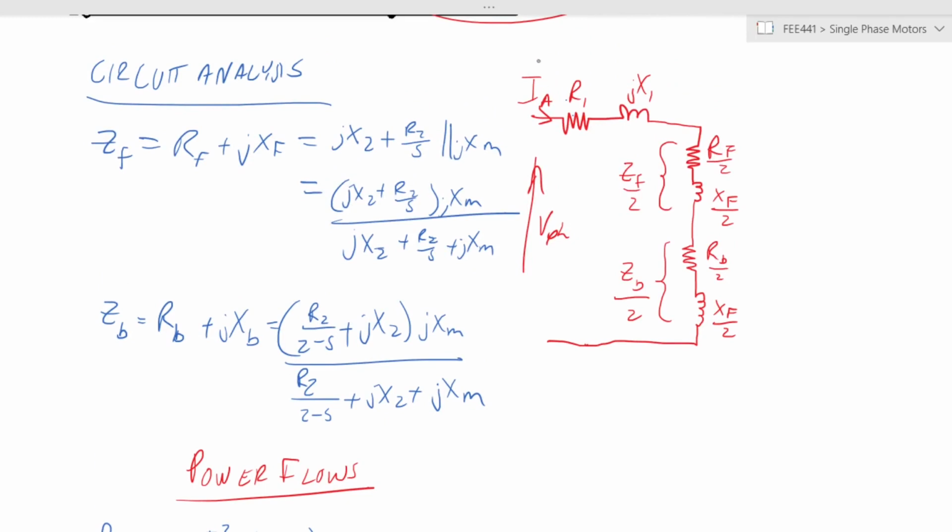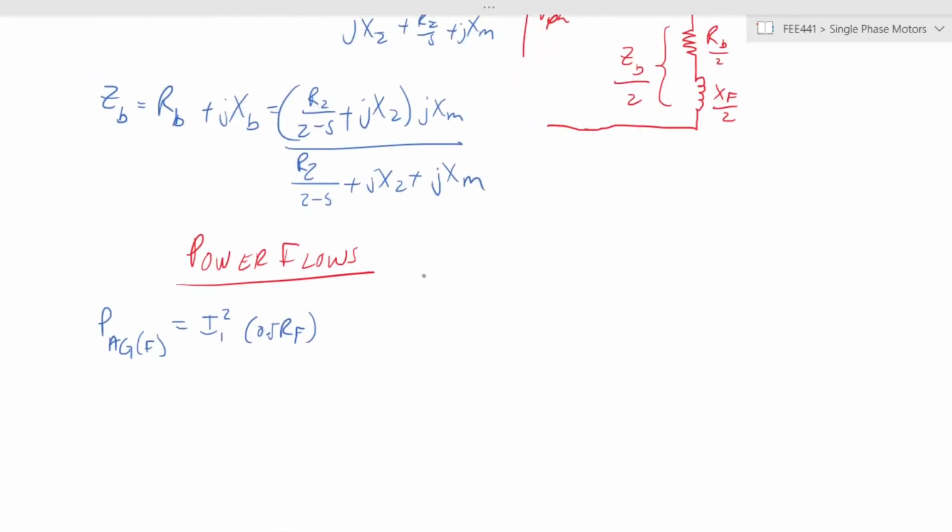If you know this incoming current, you can make use of it for various other calculations. And likewise, the air gap power in the backward direction, or attributed to the backward field, is given by I1 squared times 0.5